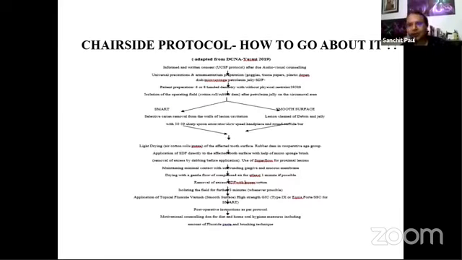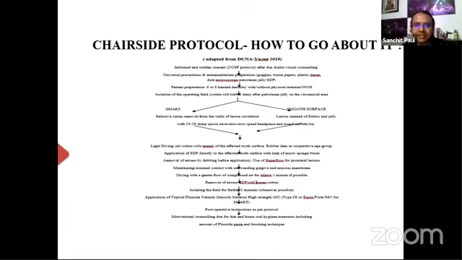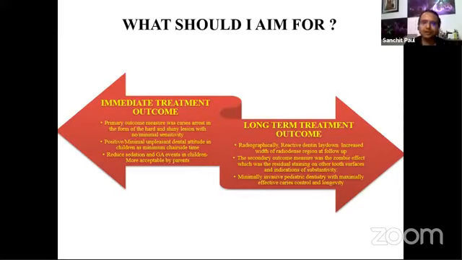So there's a proper protocol. Again, we would suggest you go to the literature. There is a beautiful article by Dr. Yasmin Crystal in DCNA 2019, which highlights everything. We are also trying to publish our own literature on this, which will be out soon, in which we highlight where to use it as a smart technique or SDF modified ART. We all know atraumatic restorative treatment, but in today's time, it's basically a smart material, SDF modified atraumatic restorative treatment, or we can use it on a smooth surface. So again, we would like to showcase more cases about how to go for it.